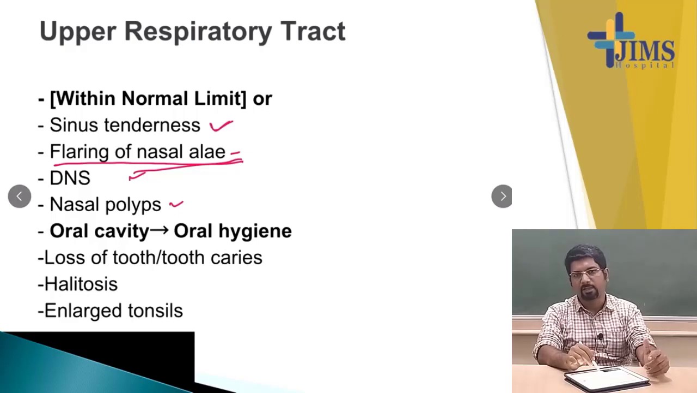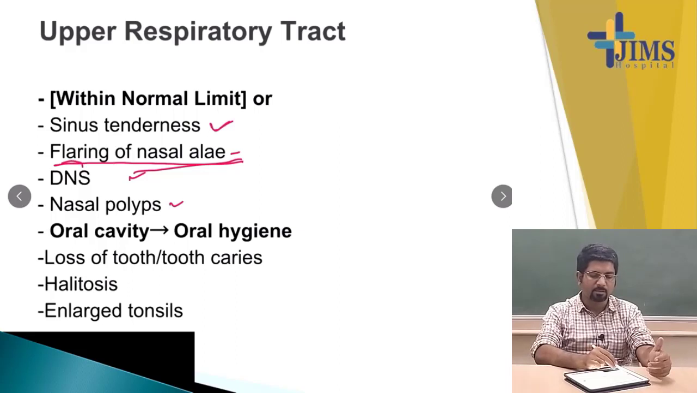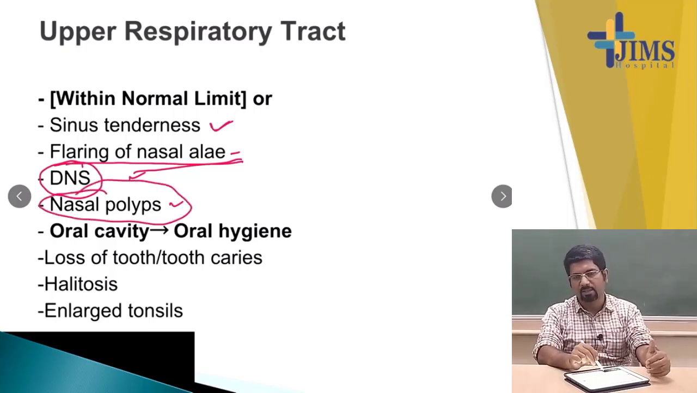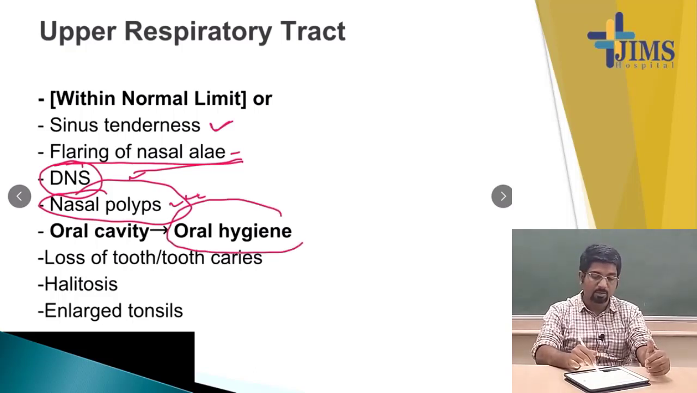Either it may be an exacerbation of COPD or asthma or any airway disease. And if there is some nasal deformity, there is the DNS, which ultimately may lead to sinusitis. Nasal polyps are very important because these polyps are mostly from allergic causes and mainly associated with asthma. And in the oral cavity,